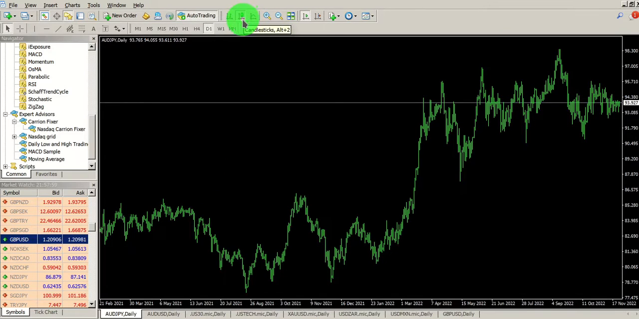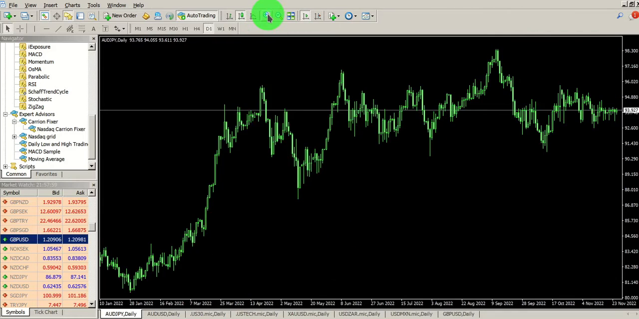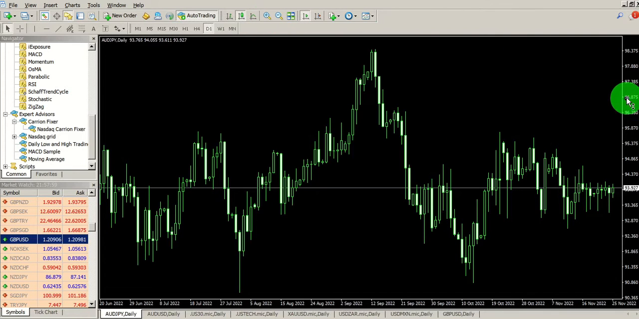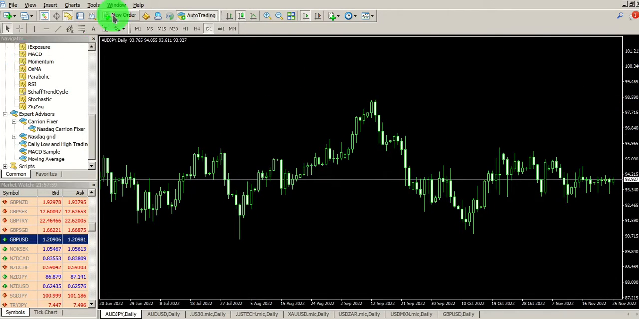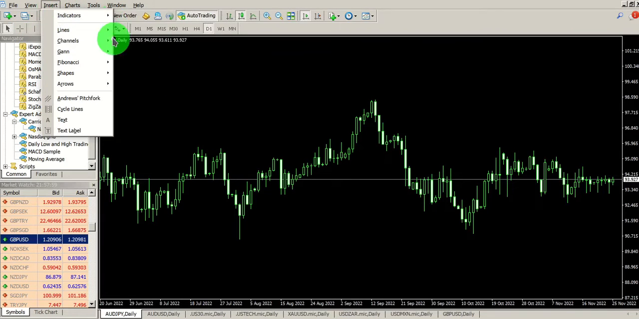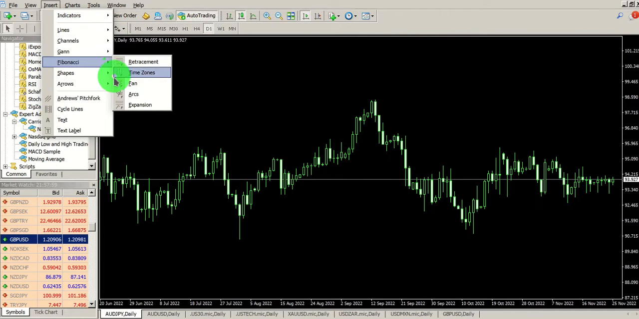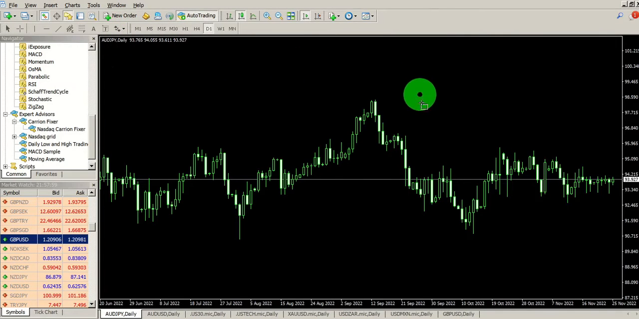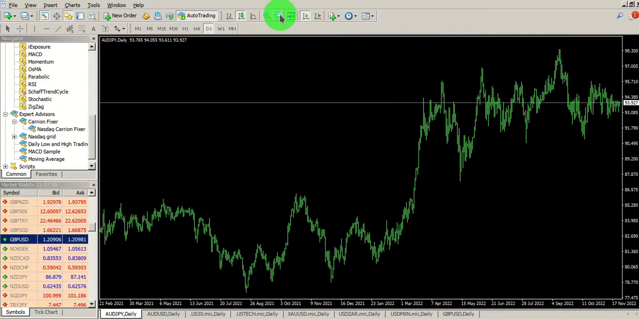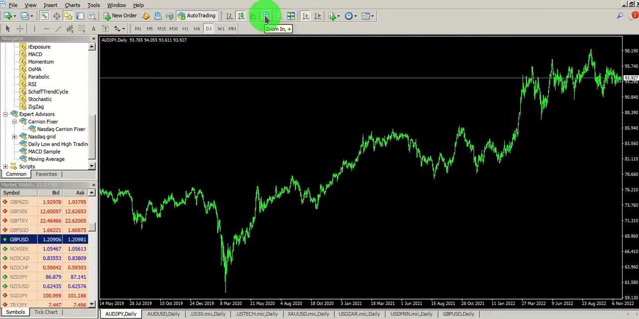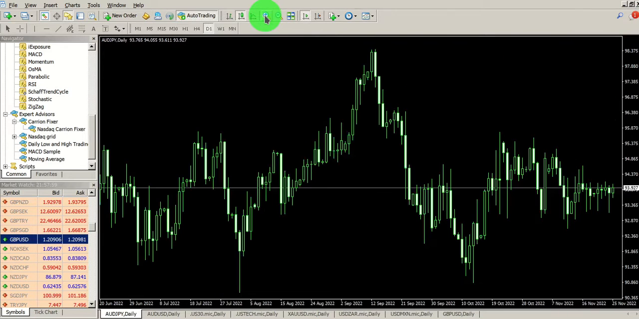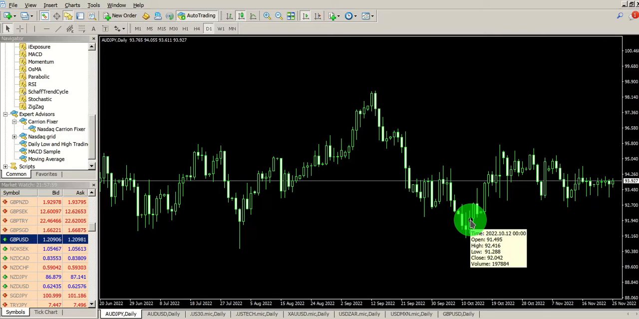Let's start off with AUDJPY daily charts. This is going to be a clean chart. Okay, let me get my objects on the chart. So AUDJPY at the moment on the daily chart, you can see that it's kind of ranging. So I'll be looking at this order block here,